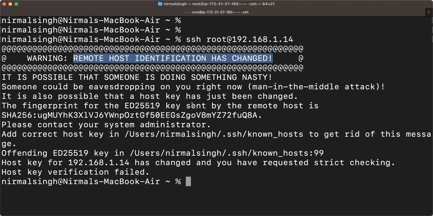So you can see, if you read this complete article which you are getting on your screen, you will also find the solution. So what it is saying is, it is possible that someone is doing something nasty. If you are 100% sure no one is doing anything nasty, you are the only one who is doing this change. So see, in this line it's saying in this user Nirmal Singh dot ssh known hosts. Known hosts is the file which stores all the identification when you try to access any server for the first time, right? So it's saying in this file,